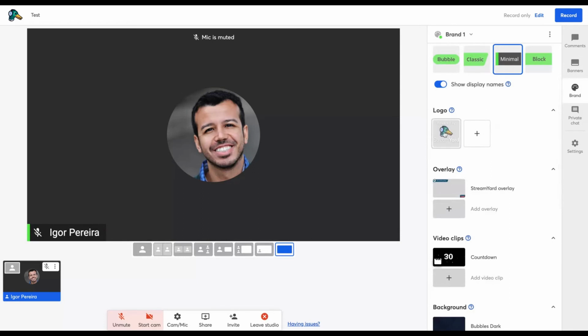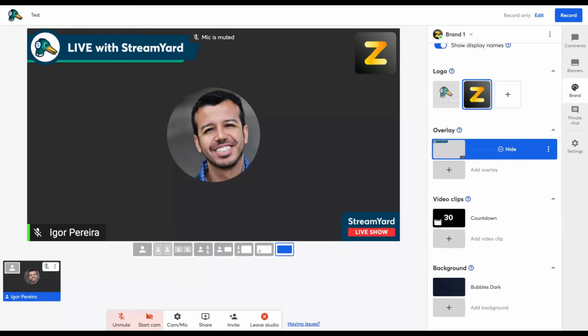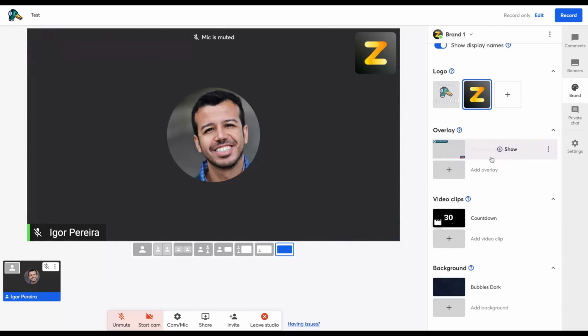Here is where you can select your logo. Usually you see those logos on people's streams. That's because they are using the free version of StreamYard. But if you buy the premium or the basic one, you can upload your own logo, for instance. As you can see, I've uploaded my logo here and now it's showing on StreamYard. StreamYard has also overlays. They work like that and it just shows up on your live with instructions.